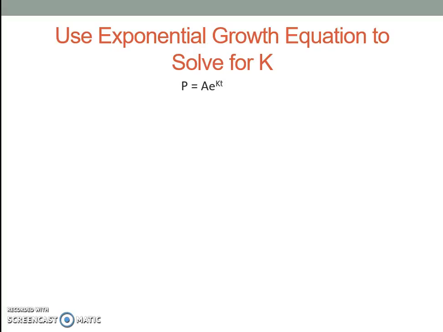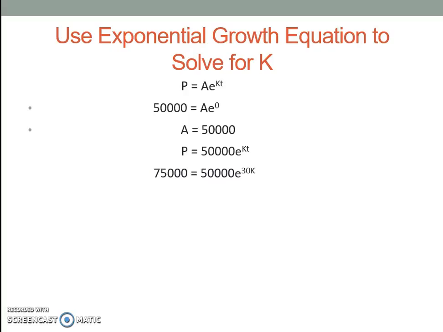So we'll start with the original equation and plug in a time of 0, which correlates to a population of 50,000. We will then use this to solve for A, and we get A is equal to 50,000 because e to the 0 equals 1. We will then plug this back into the original equation for A,